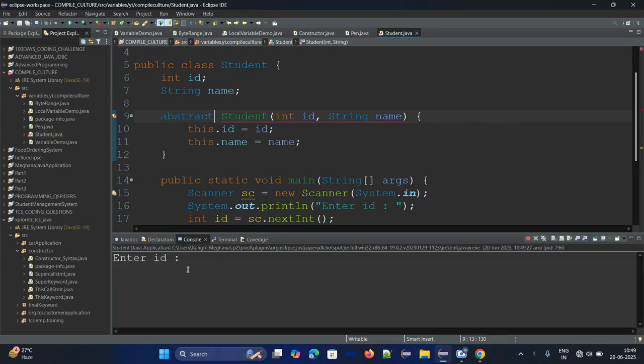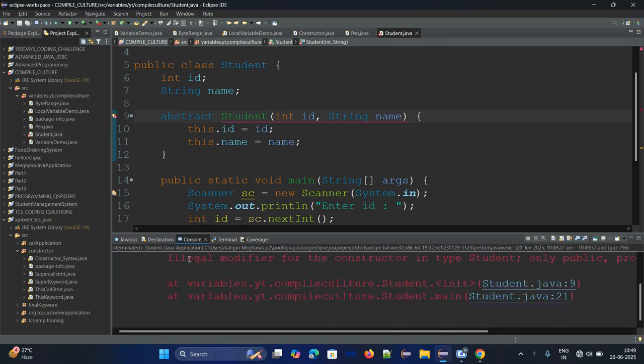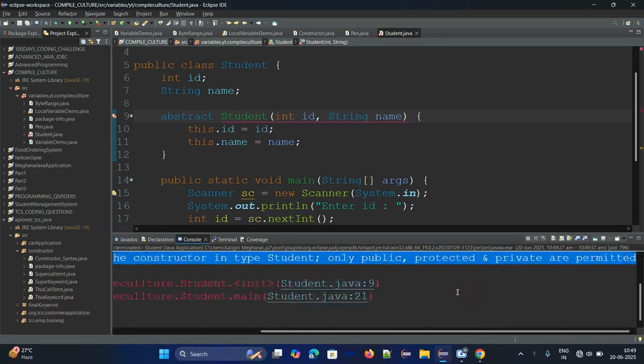Try to run this example. See here, illegal modifier for the constructor in the Student type. Only public, protected or private are permitted. This means the constructor cannot be abstract.